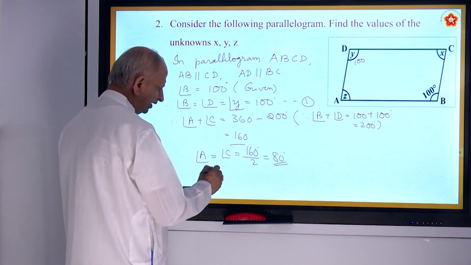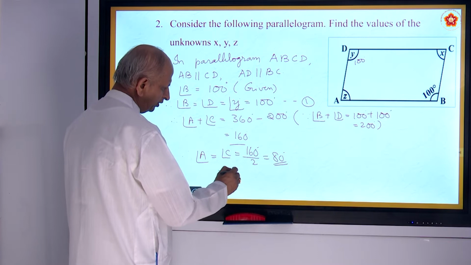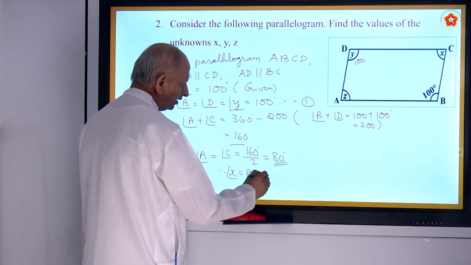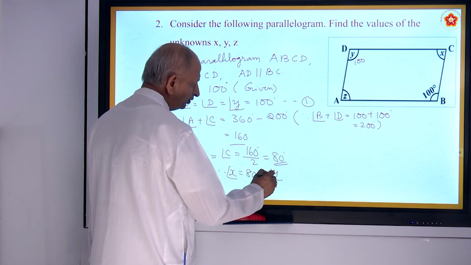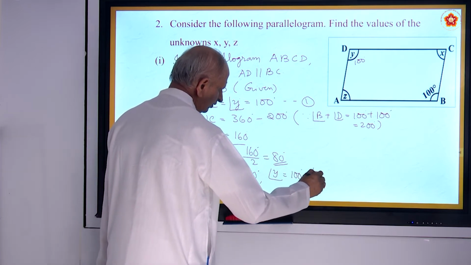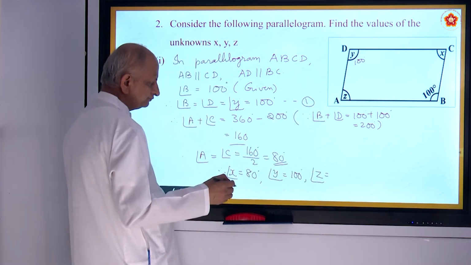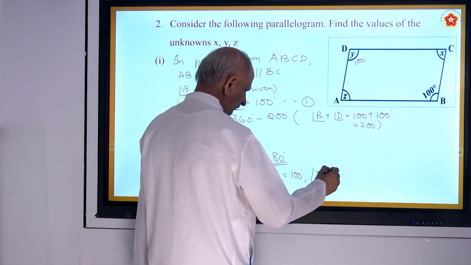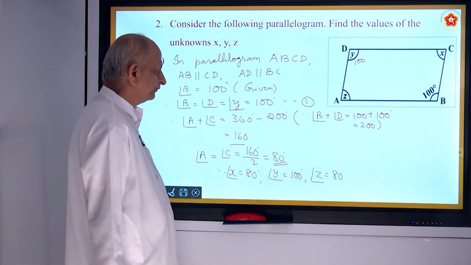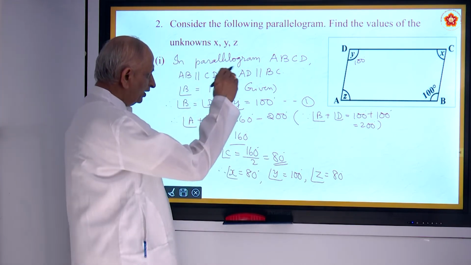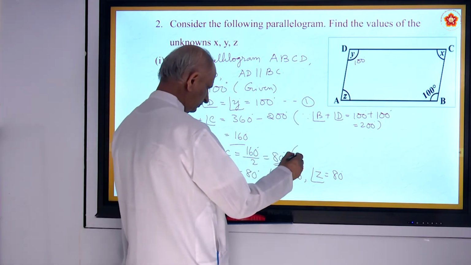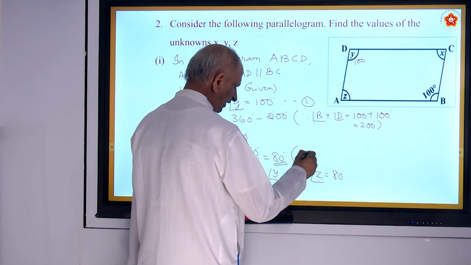So, you have therefore, x is equal to 80 degrees and y is equal to 100 degrees, z is equal to, x and z are equal, that is also 80 degrees, correct? So, if you add all the 4 angles, how much you get? 360 degrees. So, you can write here the reason, because opposite angles